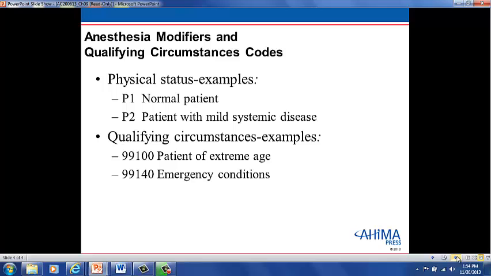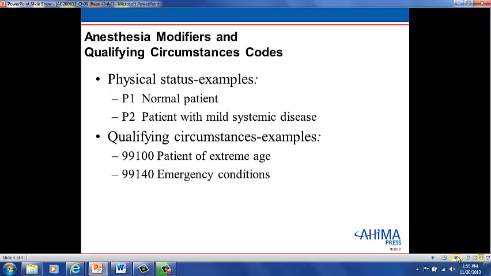Qualifying circumstances: when anesthesia services are provided under difficult circumstances because of the patient's condition, operative conditions, or unusual risk factors, an additional code may be reported along with the code describing the basic anesthesia service. Codes 99100 through 99140 can never be reported alone. Located in the medicine section of the CPT codebook, these codes, numbered 99100 through 99140, are described as follows: